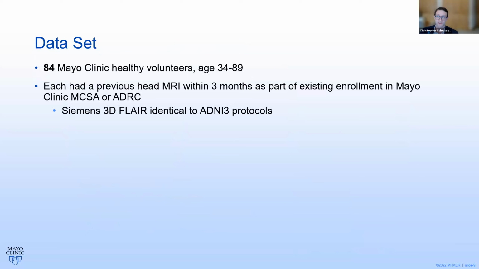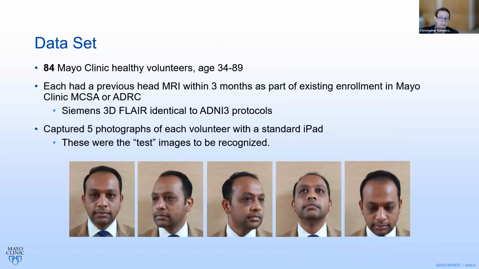They were identical to ADNI3 protocols. These were not special face optimized kind of things. These are 3D FLAIRs, like any normal thing you would do for brain research. We captured 5 photographs of each volunteer with a standard iPad. We just had them look up, down, left, right, and center. Because if you were trying to find a person in a data set, you could probably get more than 1